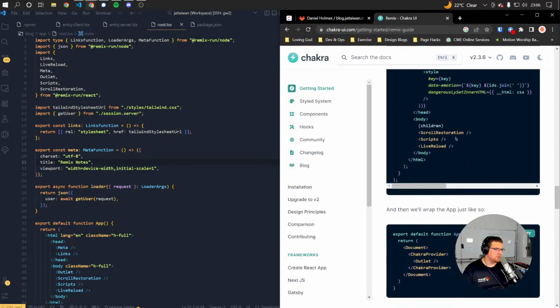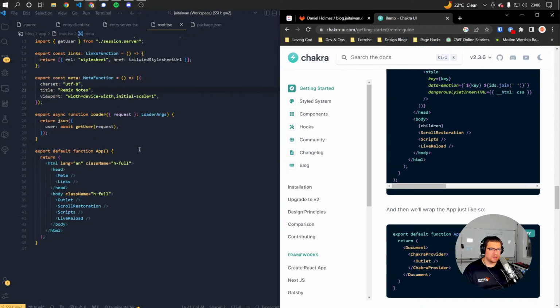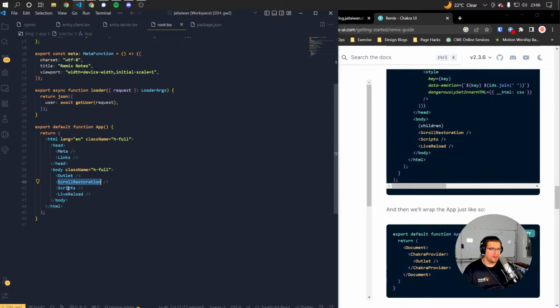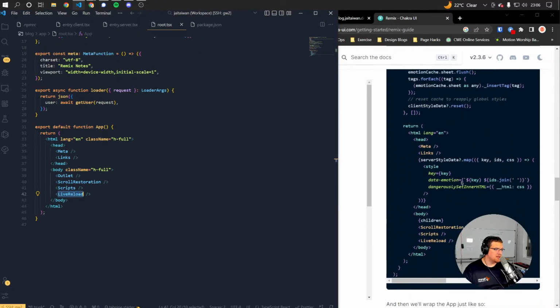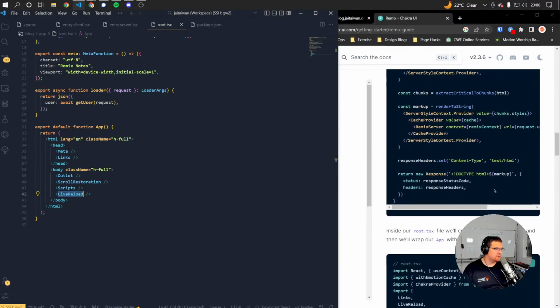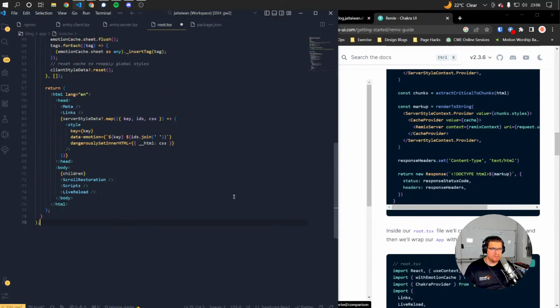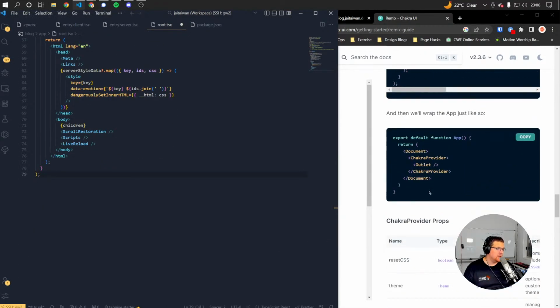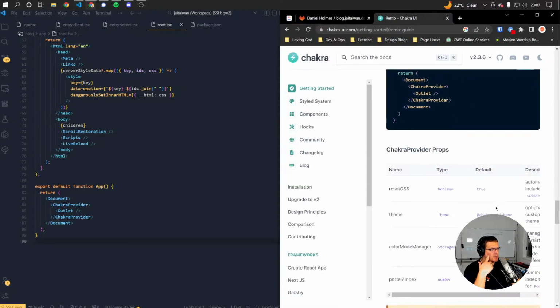Okay, here's const document. Where is document being used? Okay. Okay, scroll restoration, scripts, and live reload. And they're putting that inside. Okay, cool. Alright, I'm happy with that. I don't think we're losing anything, so copy pasta and grab this fella, chuck it down the bottom, and